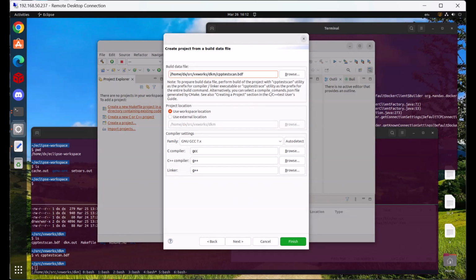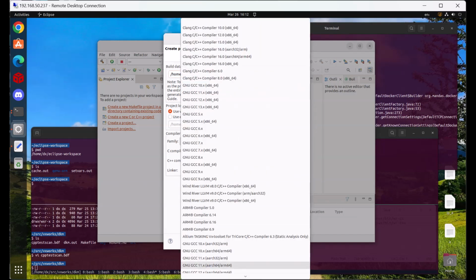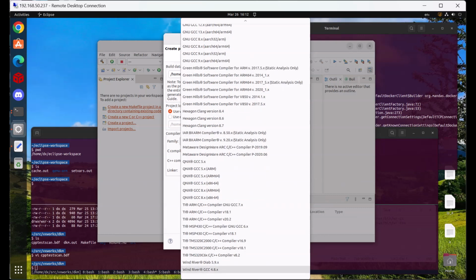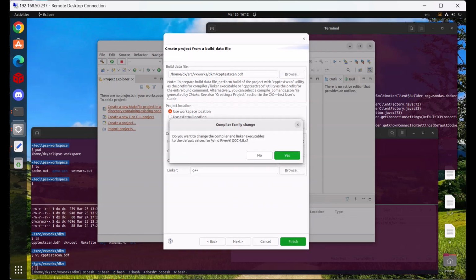Creating a project this way is actually the opportunity to specify the compiler family. Later, I will show you what text file this compiler family is being written in. Now, this GCC 7 is definitely not a compatible compiler family. So if I scroll down to the bottom, I should see the one for Wind River. Suppose we will just use the GCC 4.8 compiler family. We'll select this,